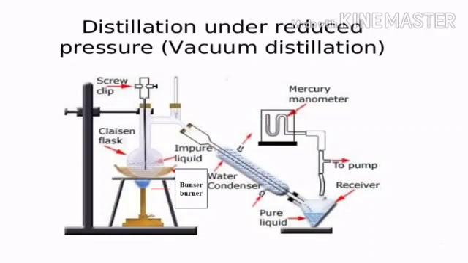A thermometer is used to record the temperature, making sure that the value corresponds to a temperature when the thermometer bulb is fully immersed in the vapor. A vacuum pump is attached through an adapter to the receiving flask. A manometer should be inserted between the pump and the receiver.